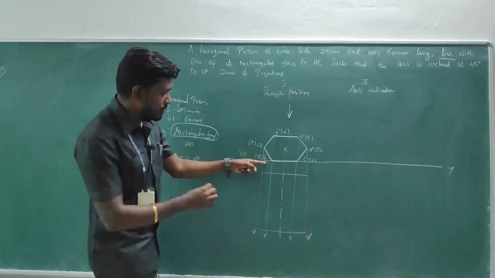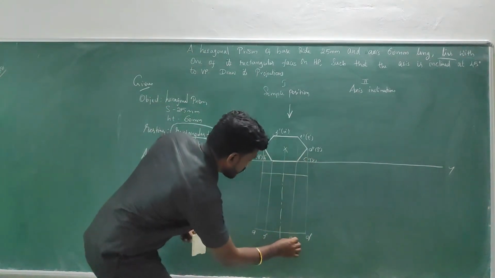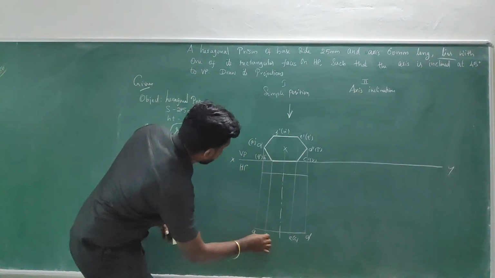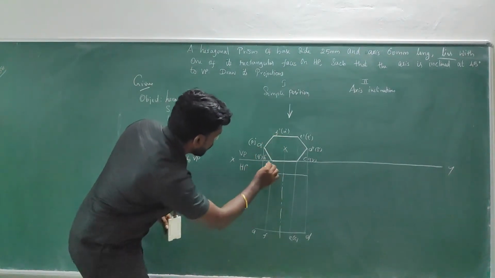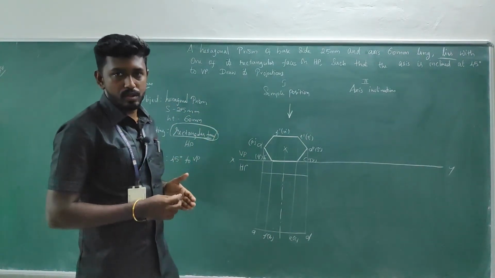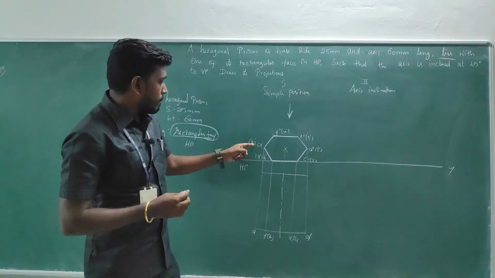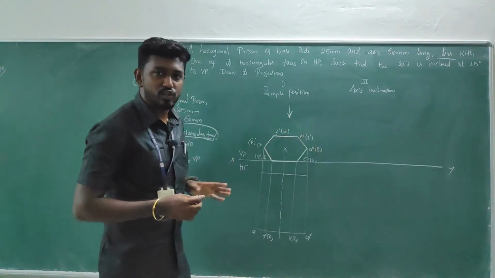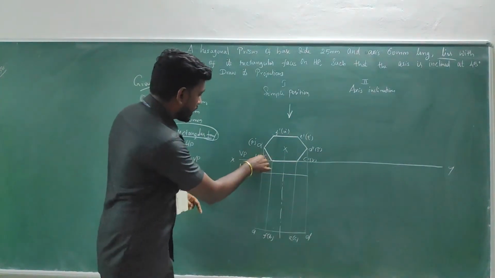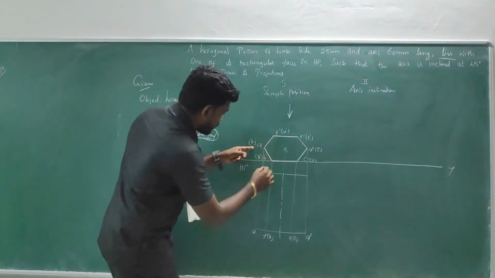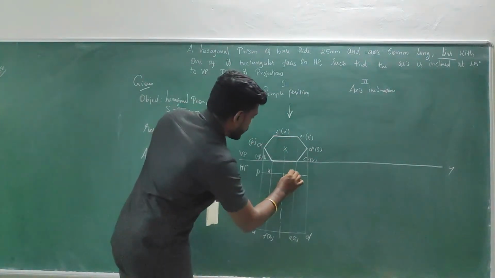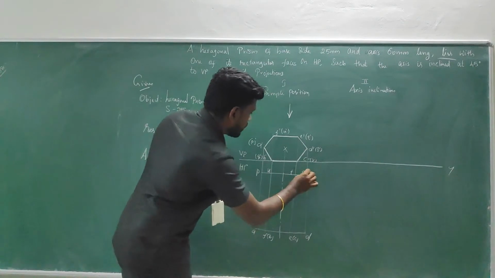C and B will be invisible. C is just behind D. So nearby it I am going to make C, and B is just behind F. So nearby F I am going to make B. What about the rear face or rear base? P, U, T and S will be visible. R and Q will be invisible. So P is visible and U is visible, T is visible and S is visible.